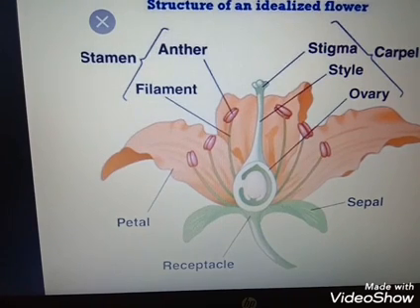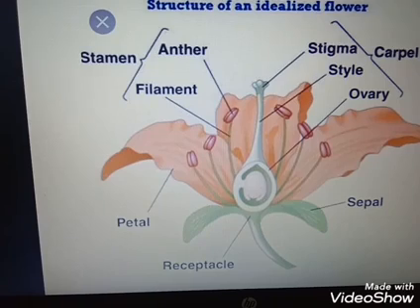Then the pollen grain has two coverings, known as exine and intine. Exine contains sporopollenin, which we discussed in our first class. Exine is made up of sporopollenin, which helps it to be preserved as a fossil. Then the intine is made up of cellulose and pectin. Exine covers all parts except the portion of the germ pore. Then the intine is a very soft portion.